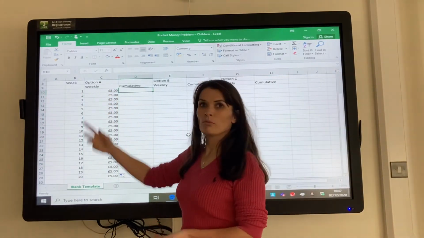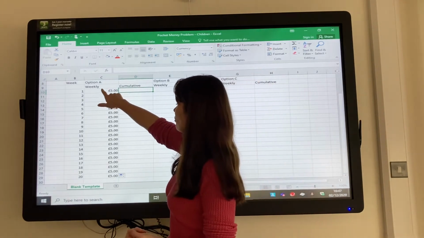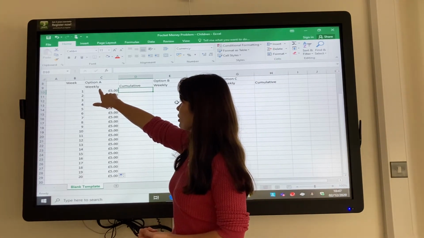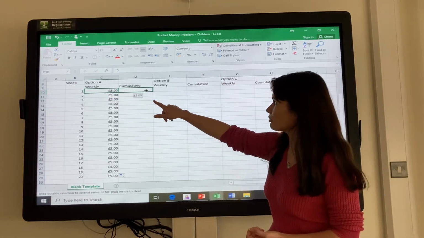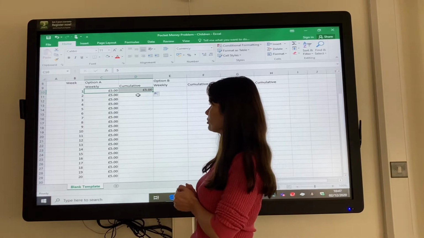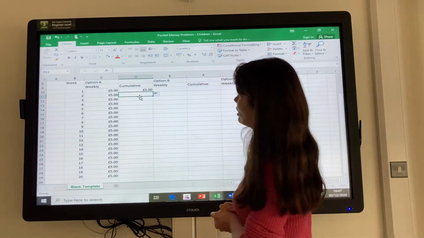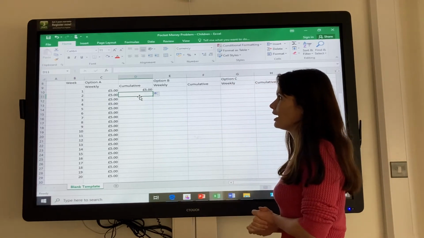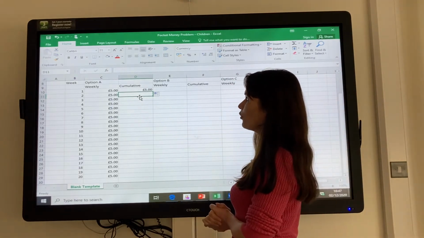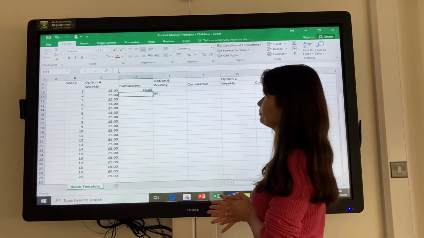For week 1, we're not going to add it to anything because it's the first week we've got it. We're going to see how much money we can get in the bank or in our piggy bank. So we're going to go on to here, Gemma, and we're just going to use that black cross to pull the information across. Think A5, what kind of sum would we need to do if we want to work out how much money we're going to have in our piggy banks on week 2? We want to do equal sum,